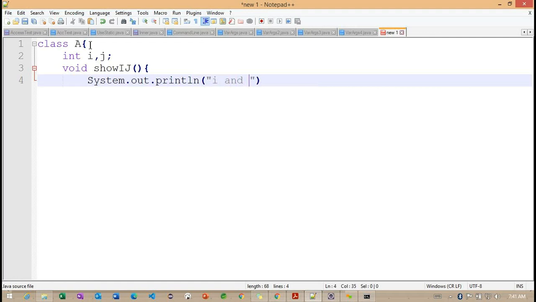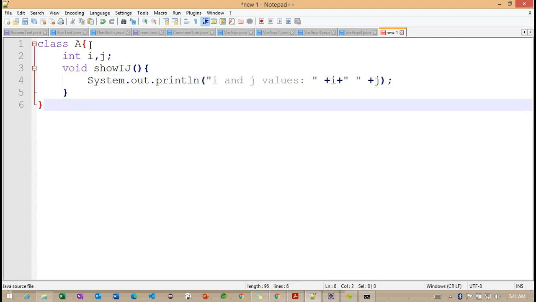Inside this println method, the ij values, and here i and j. Getting the point. So this is the class A we are defining.